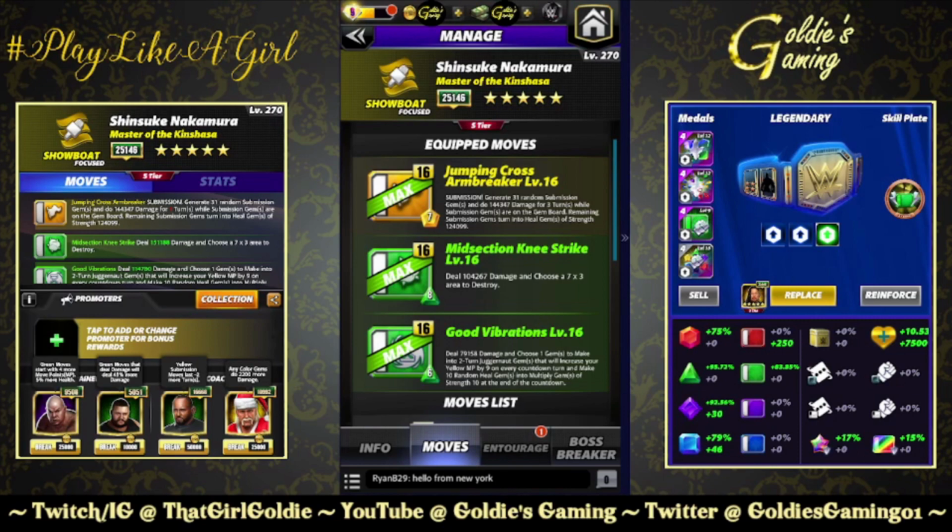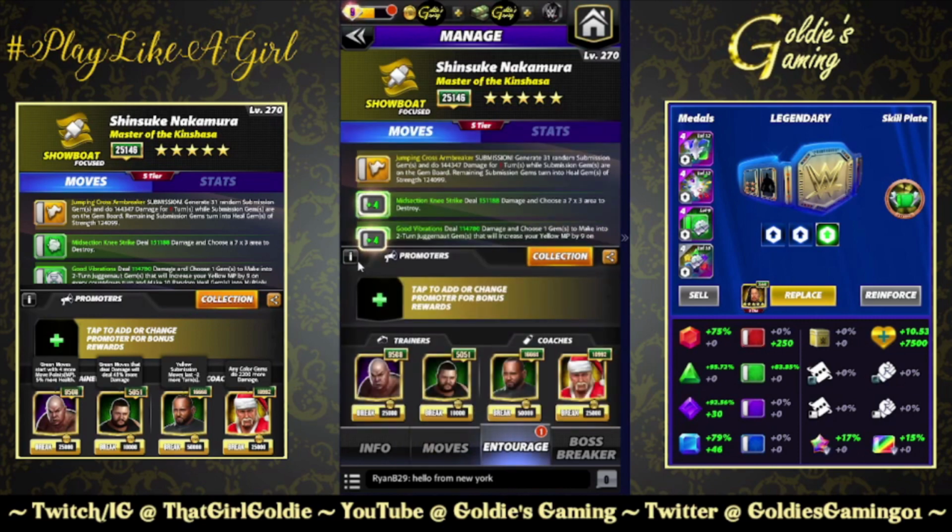So for this, again, gonna keep it free to play. It's a bit of slim pickings here. I don't like using Matt Hardy. You guys know that. We're gonna do steel for more green MP. We're gonna bring in Kevin Owens for green move damage. If you have Slick Rick,